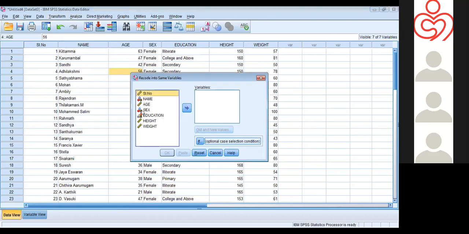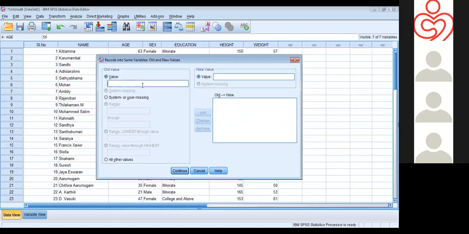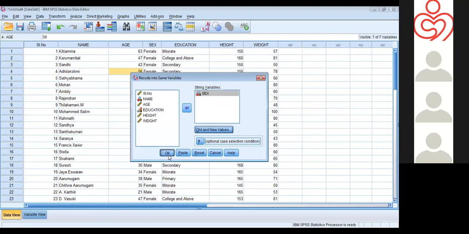Which variable do I want to recode? Gender, so I select gender here, and I need to write what I want to recode, what is there in the data. My first value is male, so I write male here and convert it to 1, and next is female, and here I put 2, and I click continue.